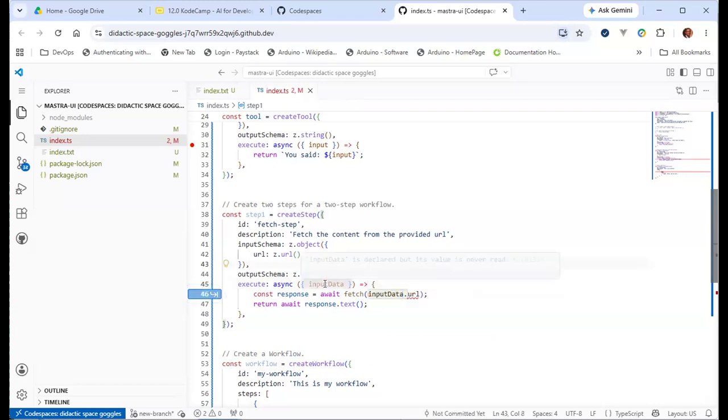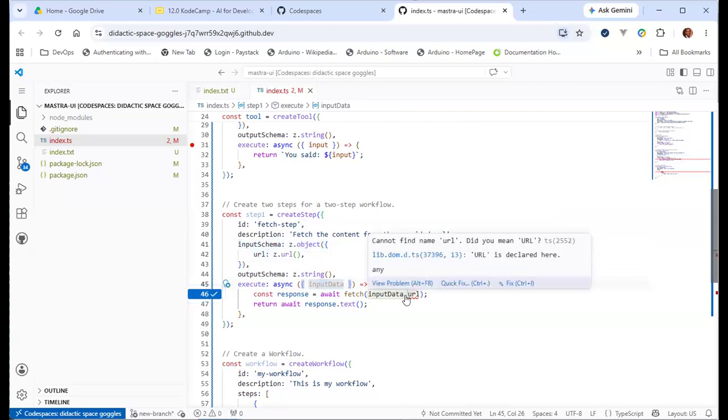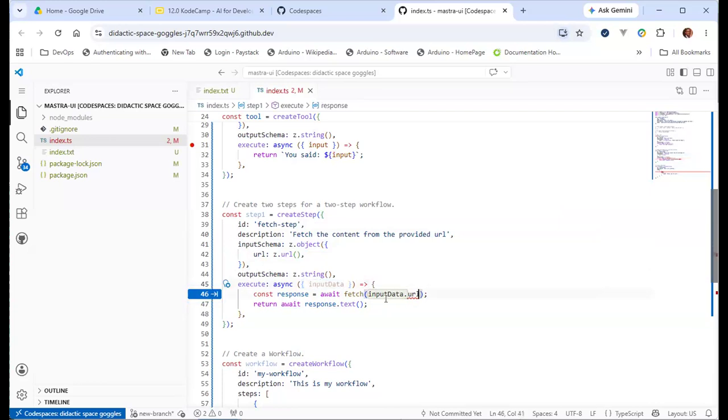It is not what you define in input schema. It is called input data. From that input data, it now has the shape that you specify. So technically, what the Copilot is telling me now is that it should be input data dot url.